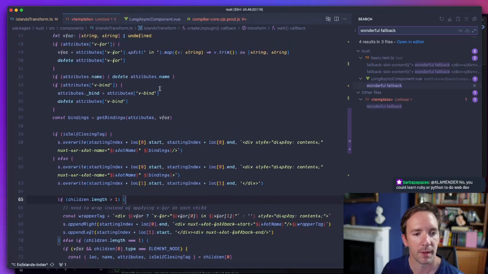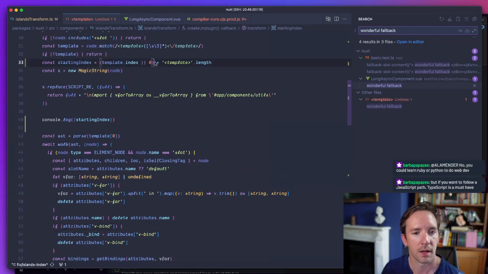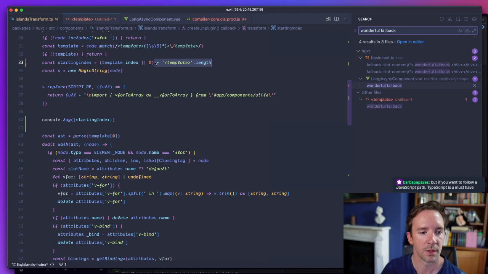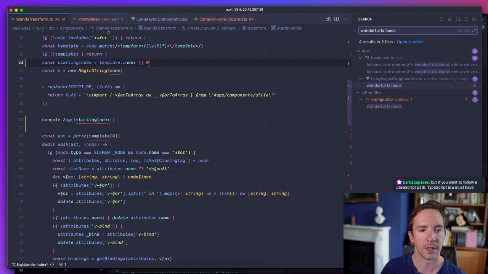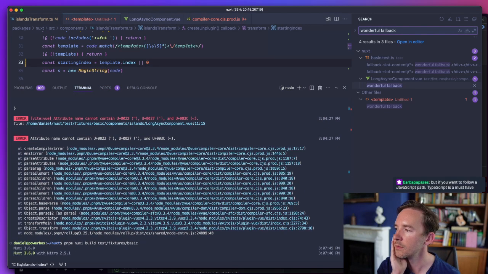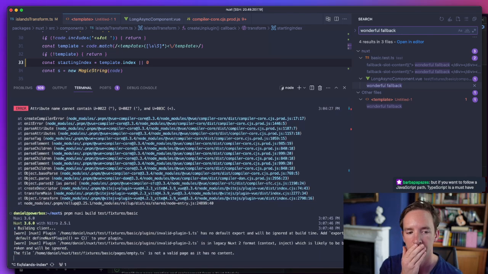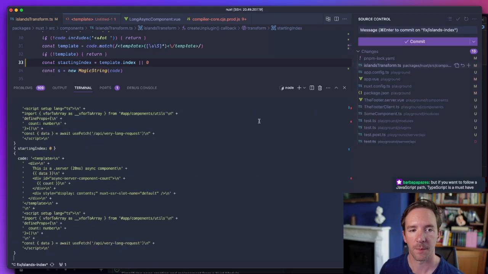So it's like it's a whole line off, which feels like maybe it's to do with this template length. Maybe that is the issue. So what is walking coming from? Oh, it's coming from Ultra HTML. So this is the issue. I caused it. So let's try that now. Yeah, there we go.